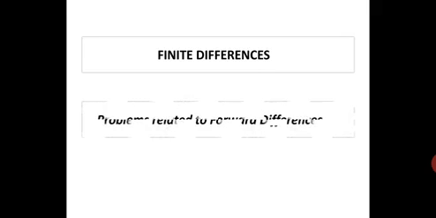So our topic in this session is finite difference. That is the chapter name, we can say. It is the third unit of this numerical analysis, and what we are going to study today in this session are problems related to the forward differences. So first we will go for a recap.